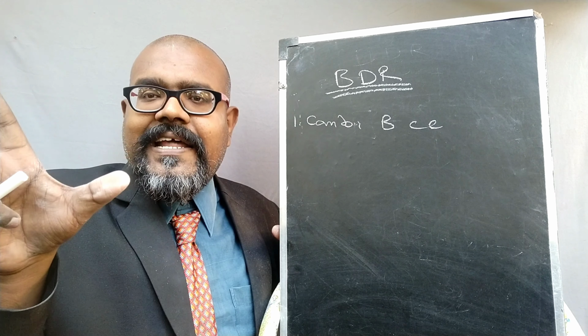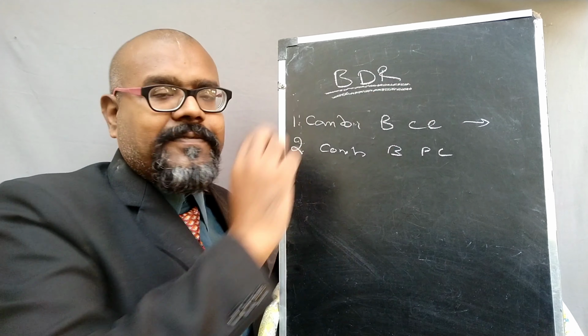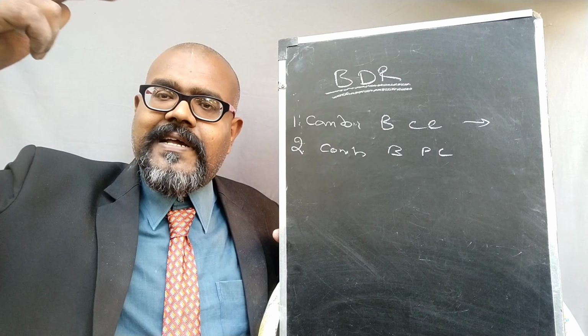Then the second condition, combining blocks in parallel connection. Suppose there are elements that are connected in parallel. How can we reduce the blocks? That is the second rule we need to follow. Then the third, summing point. Of course, summing point I already told you. This is the summing point indication.